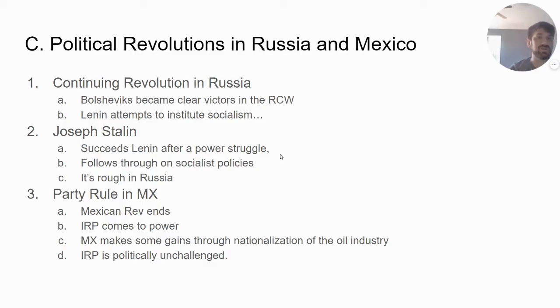Throughout this period, the 1920s and 30s, Stalin evolves his power into a totalitarian government. He purges people who threaten his loyalty. He really consolidates control of the Soviet Union under his control. So the Soviet Union becomes his interest, not necessarily the interest of communism, and sometimes those are one and the same. Now, in Mexico, the revolution finally ends in the 1920s, and the PRI comes to power.